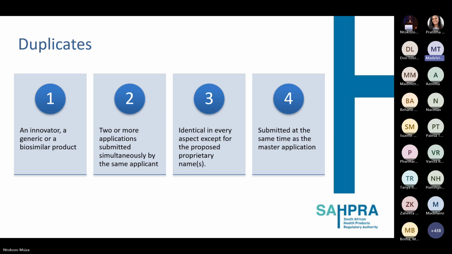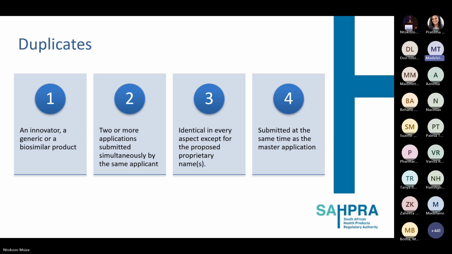So this is defined as 2 or more applications submitted simultaneously by the same applicant. They are identical in every aspect for the proposed proprietary name, and they are submitted at the same time as the master application. There were questions previously: what is a master, what is a duplicate? On your application letter from SAHPRA, they have a definite differentiation between your master and your duplicate application